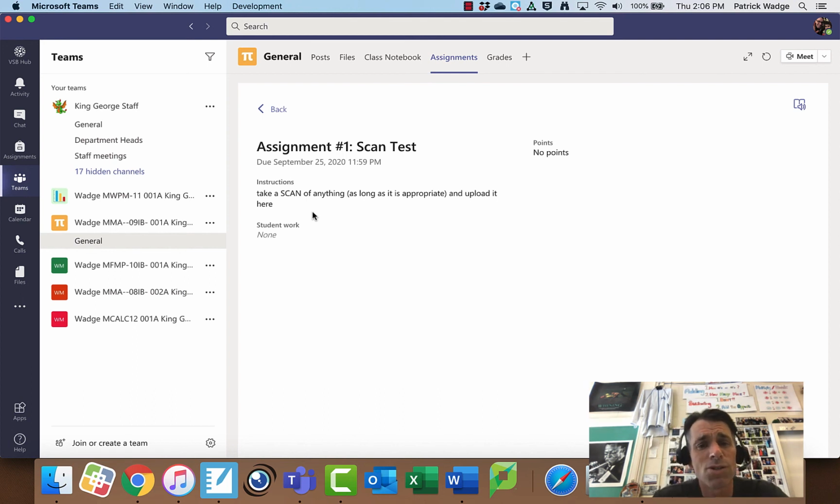So if you can please try scanning it. Don't know how to do that? Don't stress out. You can go on your phone and download a free scan app. There's all sorts of them. Make sure it's free. Don't pay for anything. And then you just take a picture with your scan app and upload it to Teams. If you can't do it, ask a friend. If you still can't do it, then we'll talk about it when you get to my class on the 21st or whatever I said it was.